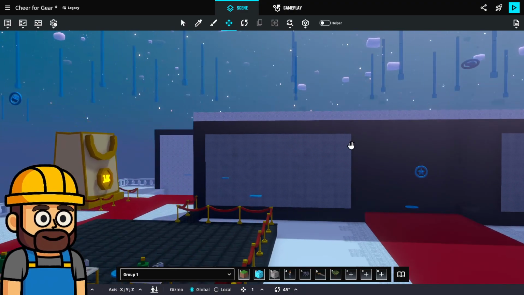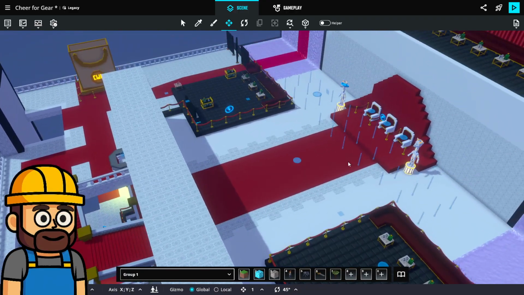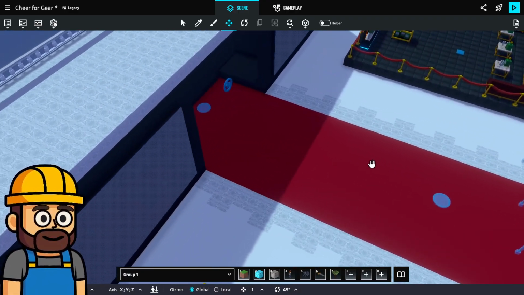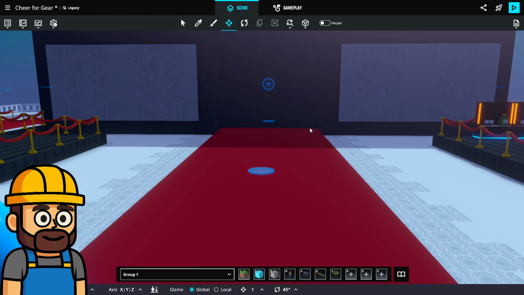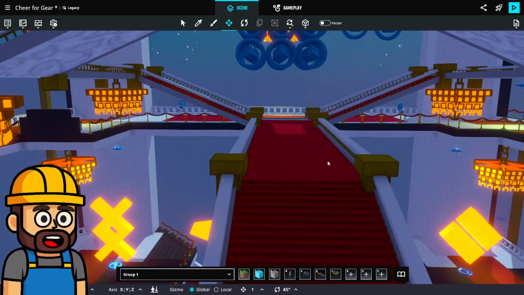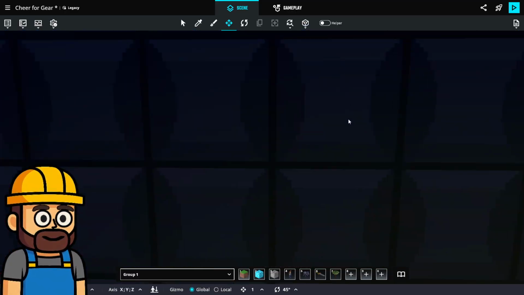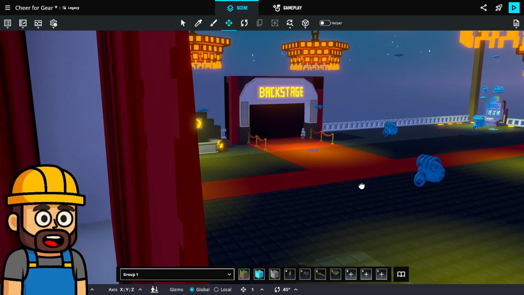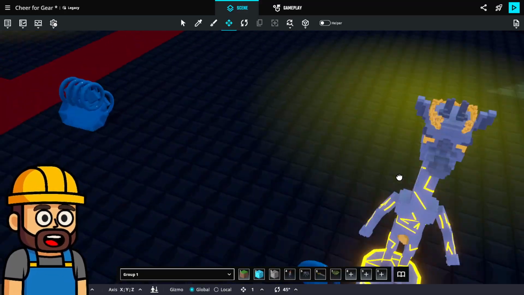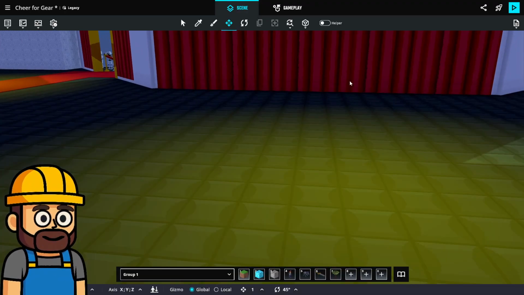And that's pretty much it. And then once it decides who's first, second, and third, everybody gets teleported back down to the bottom. We're going to have a first, second, and third podium down here somewhere. Maybe right in the middle would be a good spot, or like right here.